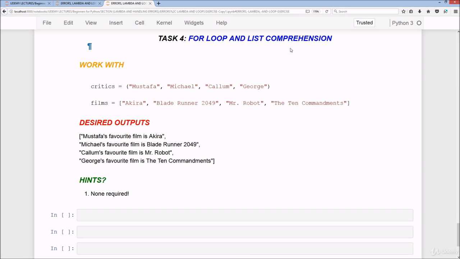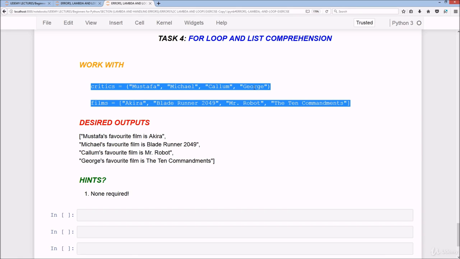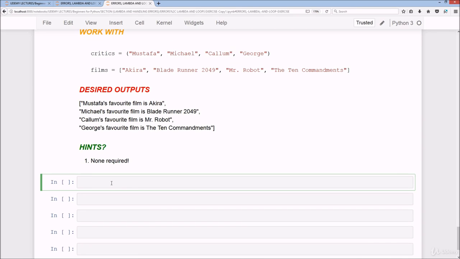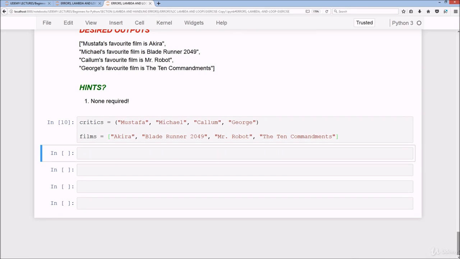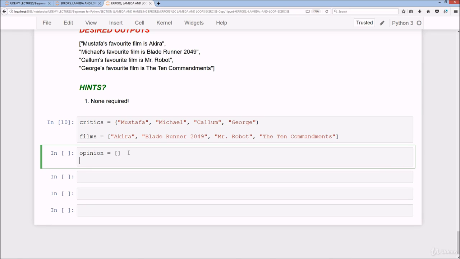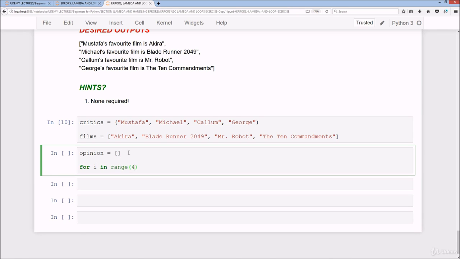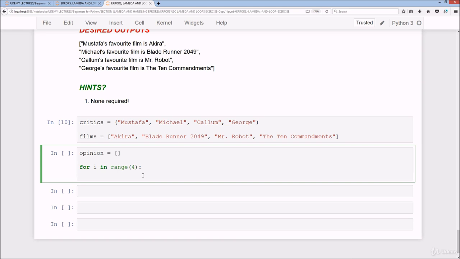Okay, so moving on from that is probably the easiest one of all, and that is the for loop and list comprehension task 4. So we're working with this data here, so I'm just going to copy and paste this so we can make use of it in a cell. And of course there's no hints here. The hint really is that it's the desired output. Okay, so we just run that, and we'll start with a for loop. So we do opinion, so that's really all it is when it comes to these films. For i in range 4, because we have 4 individuals here, Mustafa, Michael, Callum and George, with 4 films, colon,